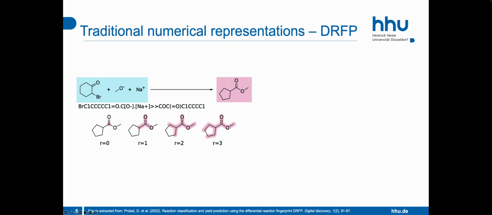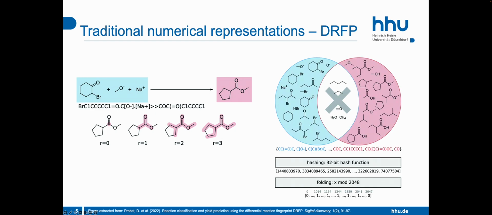Here you see an example for a few subgraphs in the product starting from a specific atom. We would do this for all reactants and all products. Then we note what kind of subgraphs we have found. The reactant subgraphs are here in the blue circle, and the product subgraphs are here presented in the pink circle. We now exclude all subgraphs that are present on both sides of the reaction,